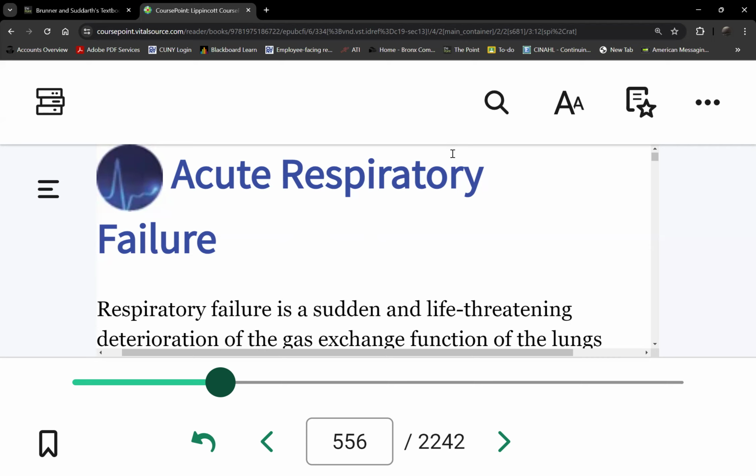Okay. First of all, respiratory failure is not a primary condition. It's a result of something else, like heart failure. What were the causes of heart failure again? Valve problems, right? Arrhythmias, a heart attack can cause heart failure. So same concept here. When you say patient is in respiratory failure, that's not the primary diagnosis because the